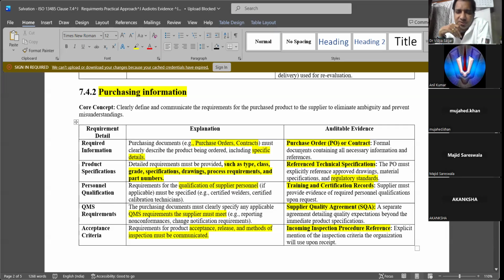If there is something on material specs, you need to provide. Anything on the design and drawings, you need to provide. If you are outsourcing the R&D or outsourcing the designs, this has to be pretty well documented. Again I'm repeating, the product specifications include what is the type and what is the class grade. We have different grades, classes for materials, like analytical grade or HPLC grade, laboratory grade, class 1 or class 2 or medical grade.